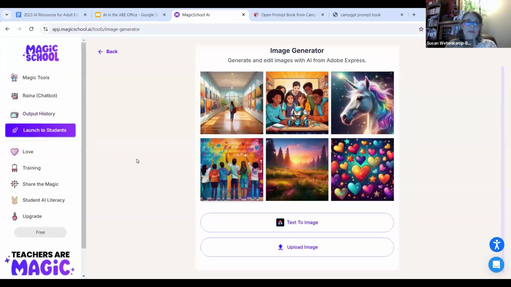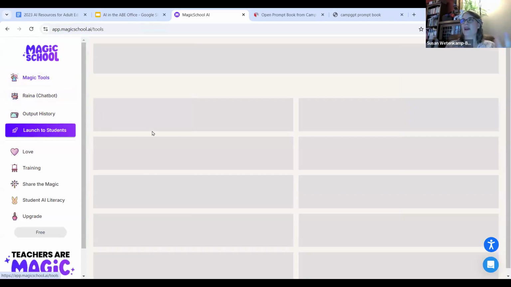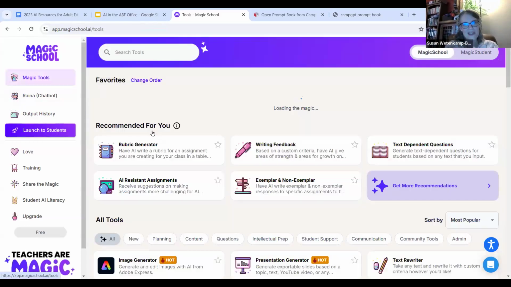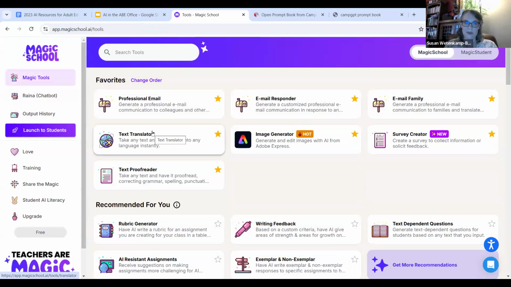So that's just a sample of some of the tools that are in here. And I know we're already at 2:30 and we only have until 2:45, and I want to give everybody some time to try it. So we're going to do that now. Patsy, you want to put that link in the chat? It looks like you already did, and have everybody go over there, sign up for a free account, or you can do like I do and just log in with your Google account if you're comfortable with the single sign-on.